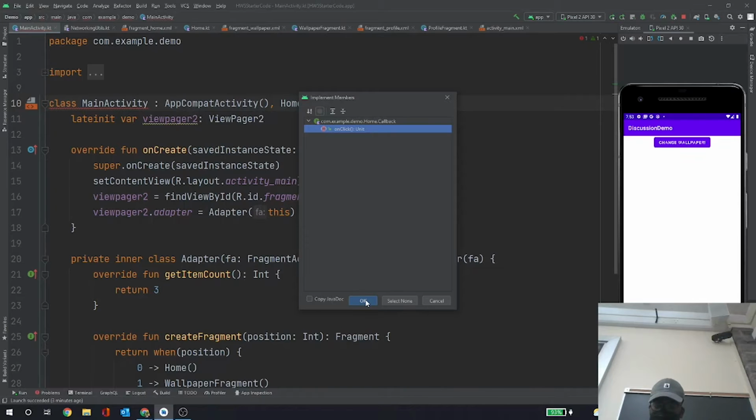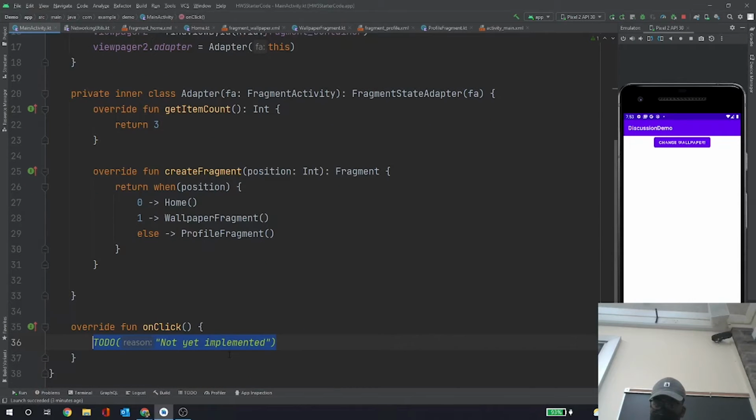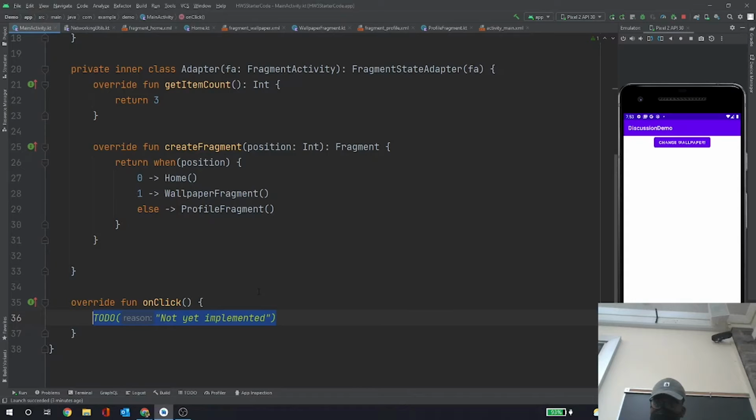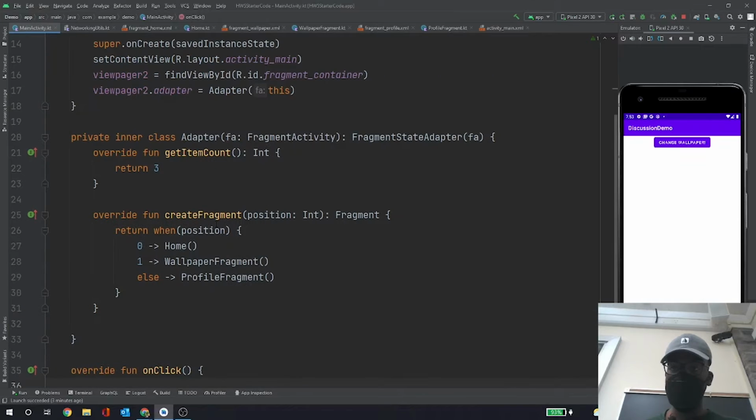Boom, boom, boom. Nice. So then I have this onClick here. And what exactly do I want to do in this onClick? I want to pass some information along to our wallpaper fragment. So the best way that I can do that here,